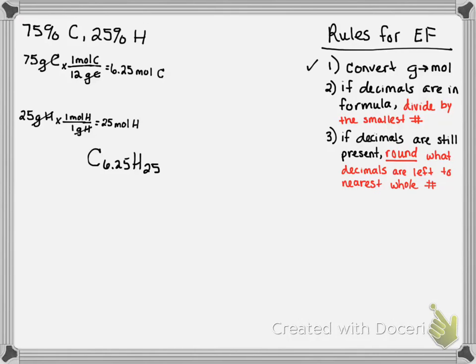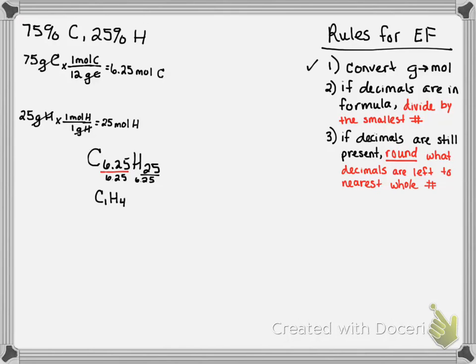So step number 2 is to take the smallest number in each formula and divide it. Divide all the numbers by that number. So if you look, obviously what's smaller is 6.25. So we're going to divide everything by 6.25. And once we do that, we end up with C1, and for H, 25 divided by 6.25 is 4,